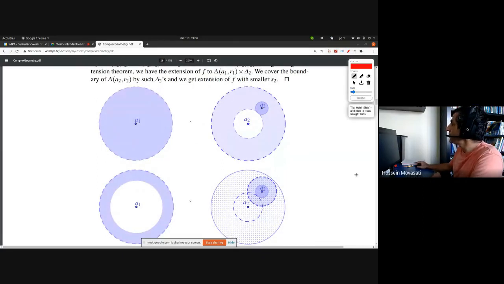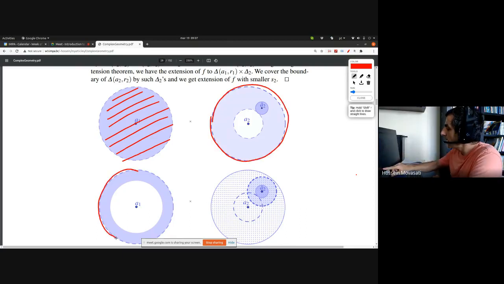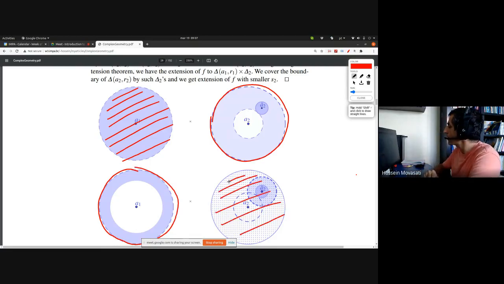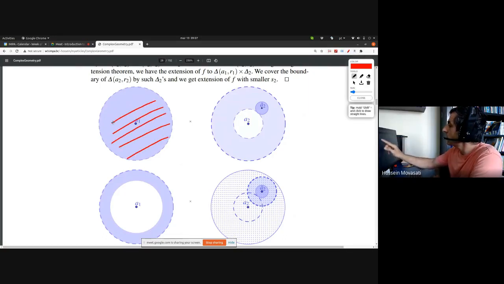So first we have to see what the neighborhood of the boundary of the polydisc is. The boundary of the polydisc will be the full one-dimensional disc times the circle, union the circle times the full one-dimensional disk. So we have to consider a holomorphic function in its boundary. In particular, if we consider a neighborhood of its boundary, we will find out that our function is defined in the disk times a